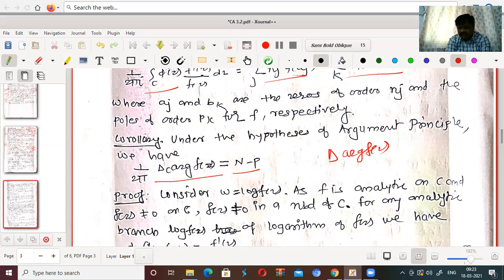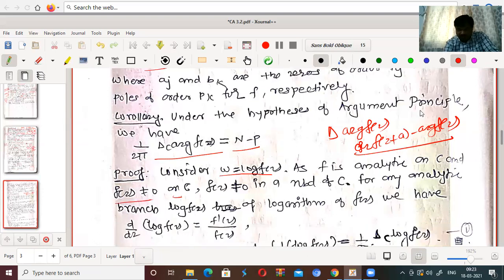That means what? Argument of f of z plus a minus argument of f of z. That is the quiz. That is, we have to take two arguments, f of z plus a and f of z, or z plus 1 and f of z, at two different points. Consider w equal to log of f of z, as f is analytic on C and f of z not equal to 0 on C,